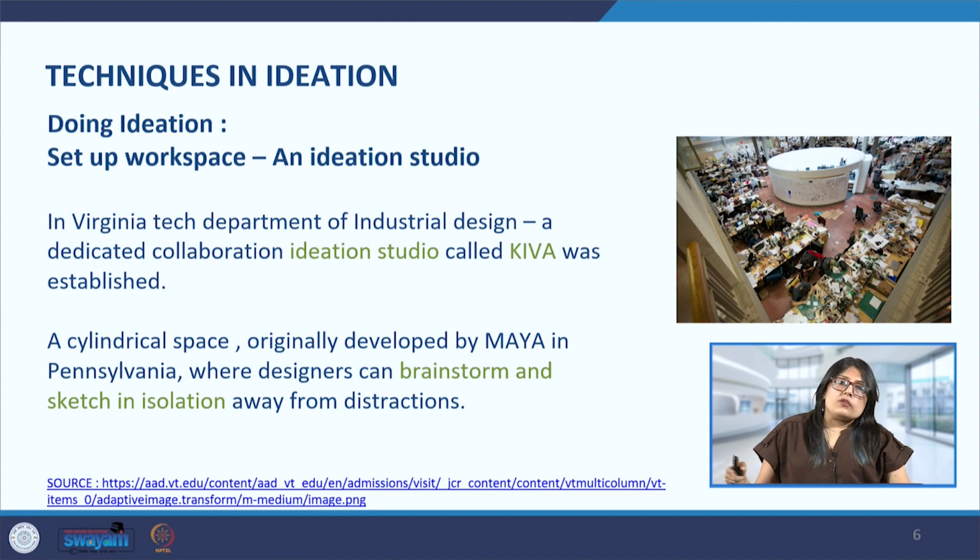We can see that outside this cylindrical structure, there's a lot of activity that is happening, a lot of tables with many items scattered around. So this is also a distraction, a visual distraction. Maybe we are sitting to sketch and somebody is asking us a question, what time is the bus arriving? It will just distract us from the problem at hand, and of course we lose the thread of what we were thinking. For that reason, we have to ensure that the space is provided where the team can sit without distractions, come up with a lot of ideas and ideate.